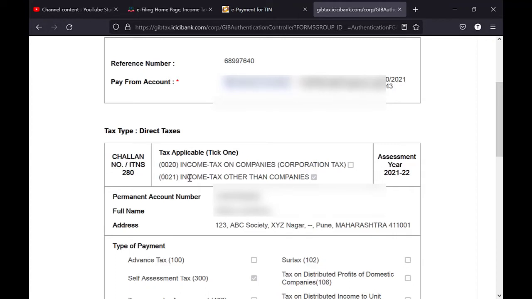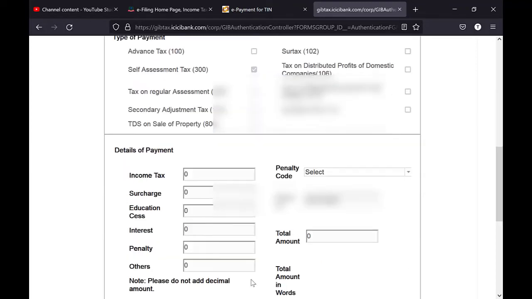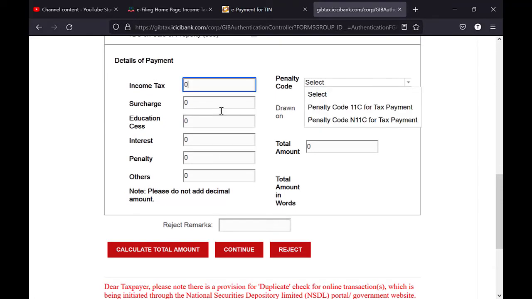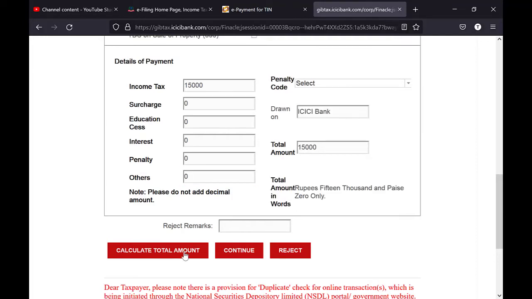The assessment year should be the correct assessment year and all the other details relevant. Then under the details of payment, fill in the value of self-assessment tax which you want to pay. So if you're paying 15,000 as self-assessment tax, just fill in 15,000 in income tax and click on calculate total amount. The value will automatically be filled on the right side under the total amount column, and then you have to click on the continue button.